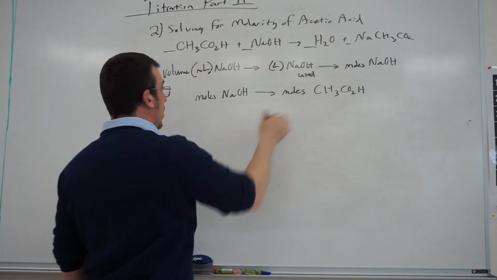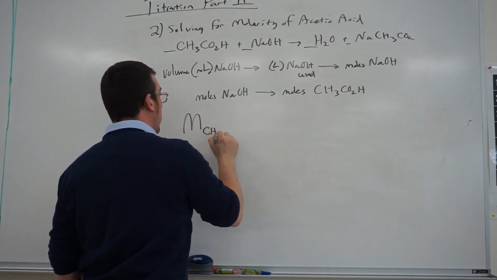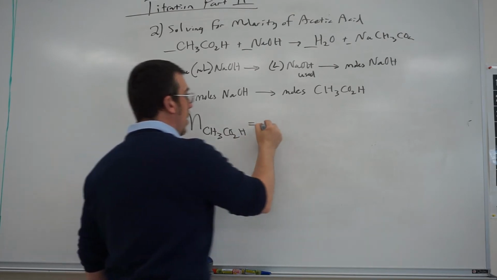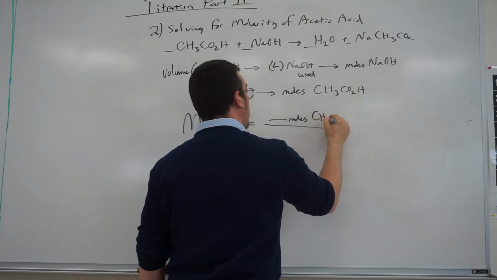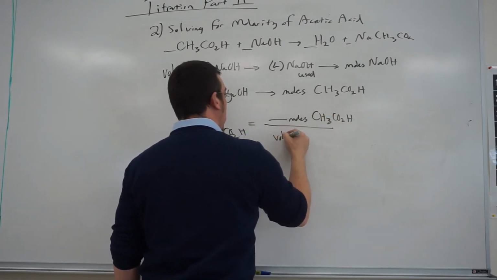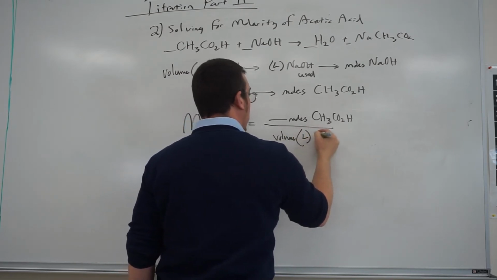So once we figure out the moles of acetic acid, then we can solve for the molarity of the acetic acid. To do that, you're going to take the moles of acetic acid and divide it by the volume in liters of acetic acid